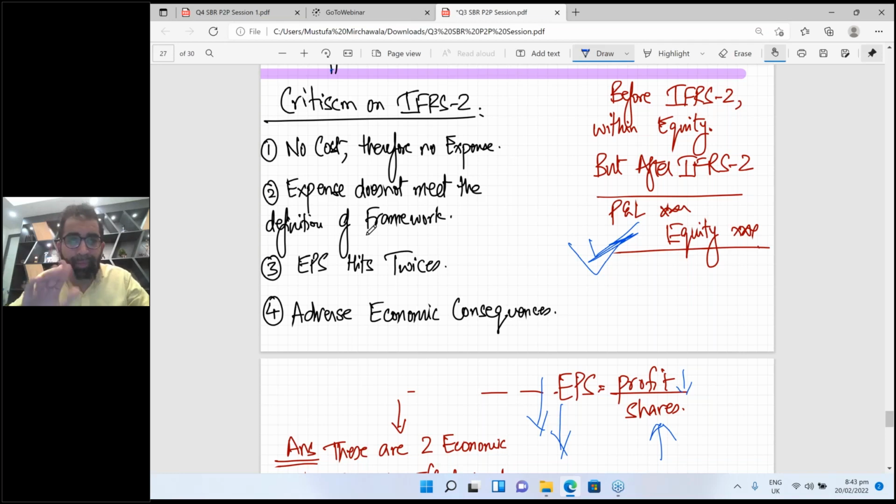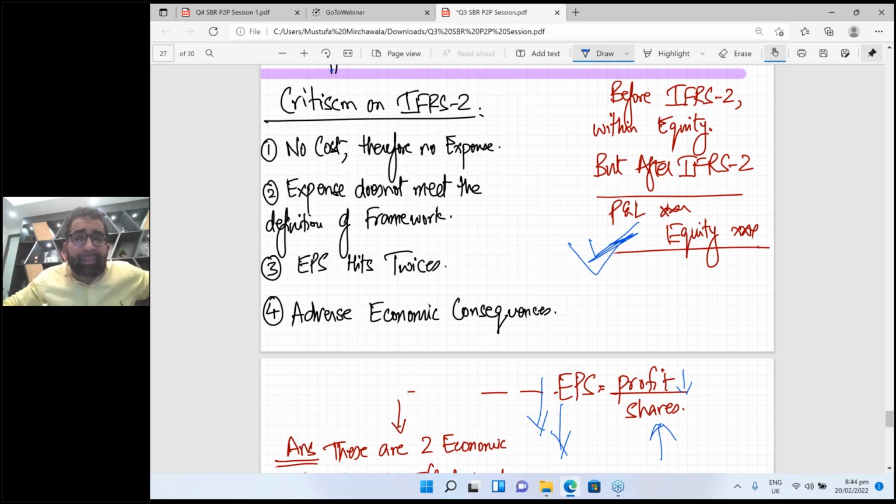But now wait, when IFRS 2 was launched, many companies stopped giving share options to employees. And the best example is GlaxoSmithKline. It is written in the ICW main book, that 1300 pages book. There are two books of ICW corporate reporting. In that book, this example is written that in 2005, GlaxoSmithKline was giving $1 billion of share options. Next year, they reduced it to half, and they cut it down to a very low level.